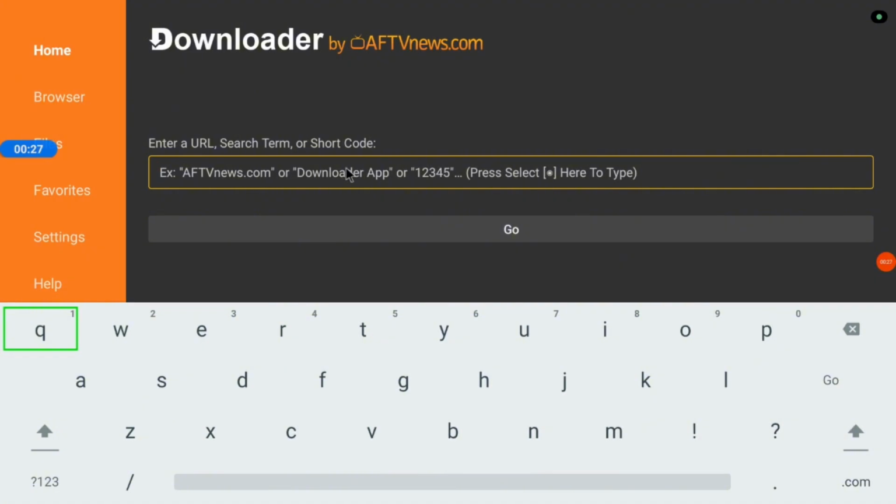So after installing Downloader, what you have to do is to come over here, type in this code, and the code is 304867. Once you type in the code exactly as you see on my screen, just go ahead and launch, and